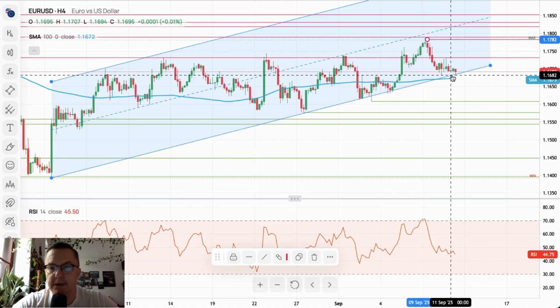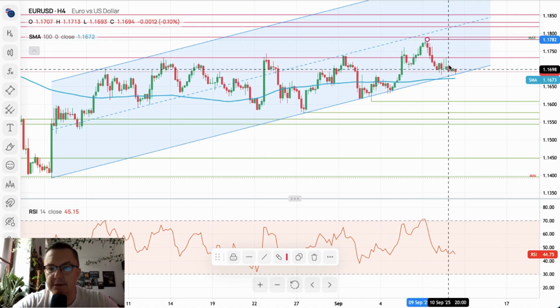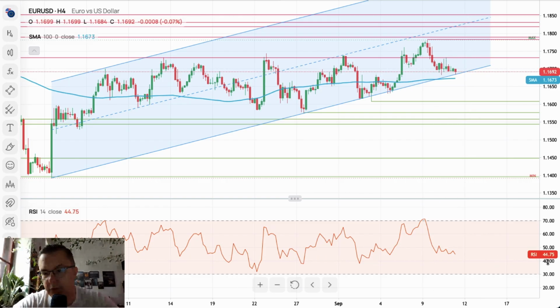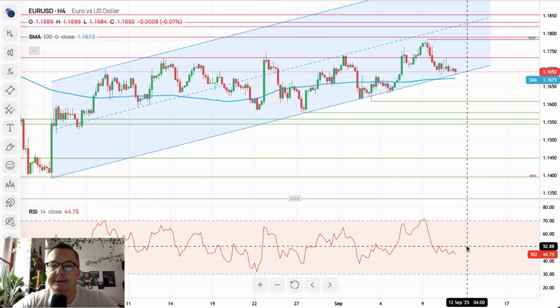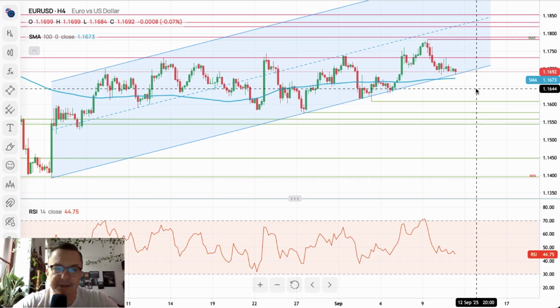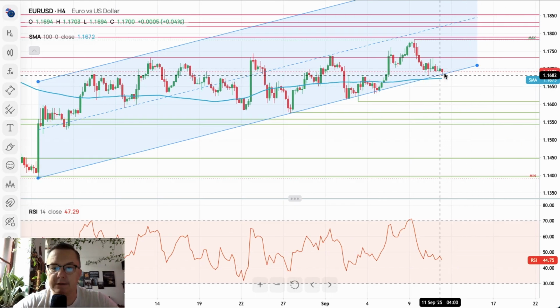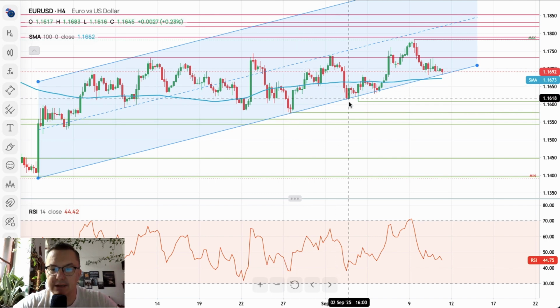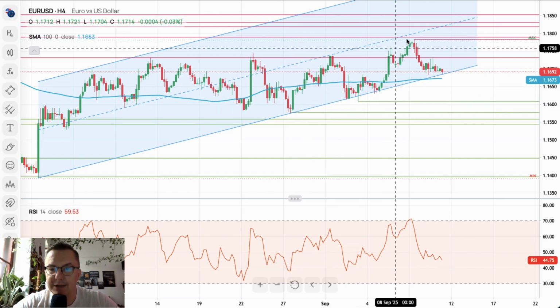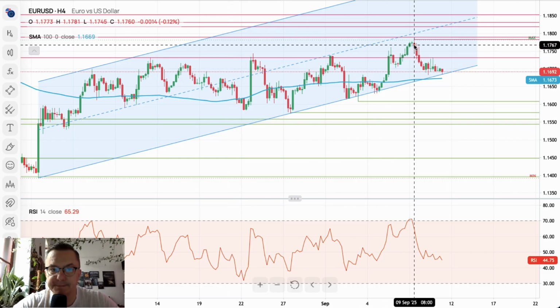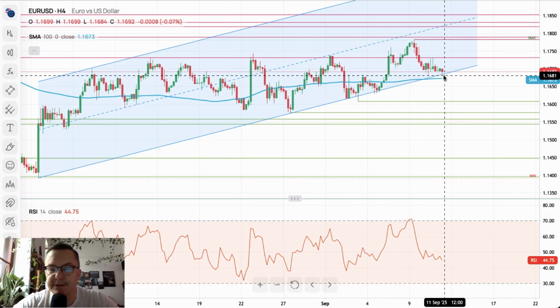Very calm market, low volatility, momentum below the level of 50 right now, 44 points only. So the bears have a slight edge right now, and they are pushing the prices a little bit lower. Nevertheless, the lower channel line had proved to be quite useful for the bulls on the way up towards 1.1781. So maybe this same situation will repeat.